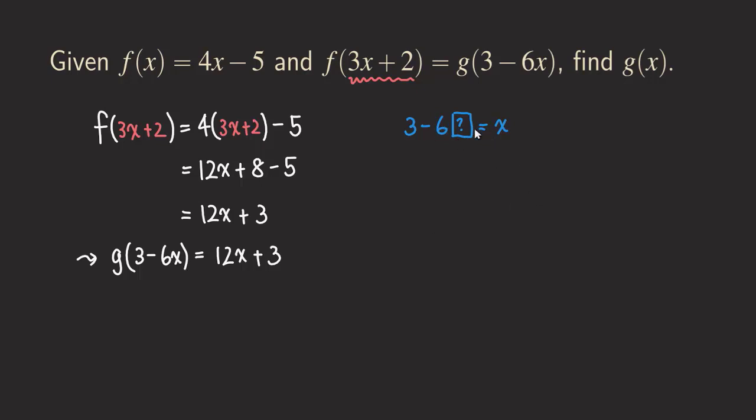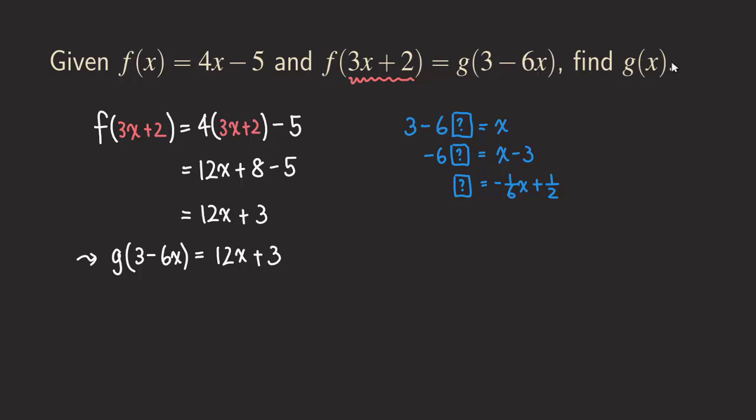So now, how do we do it? We can solve for this question mark right here. We subtract 3 from both sides, so we get negative 6 times that question mark equals x minus 3. Then divide both sides by negative 6. This is really just solving an equation for the question mark. So we get negative 1 over 6 x, and then negative 3 divided by negative 6 gives positive 1 over 2. So this is what we need to substitute into this x right here so that we can turn